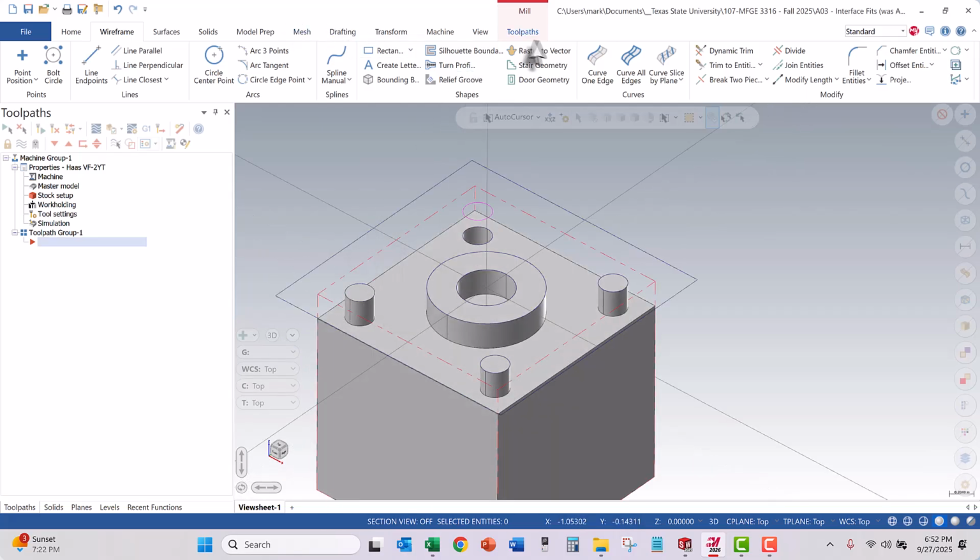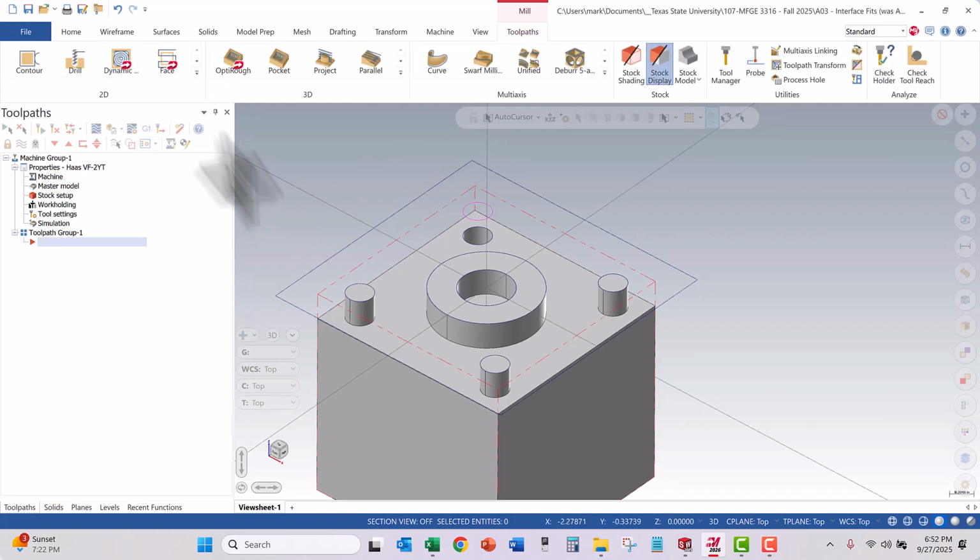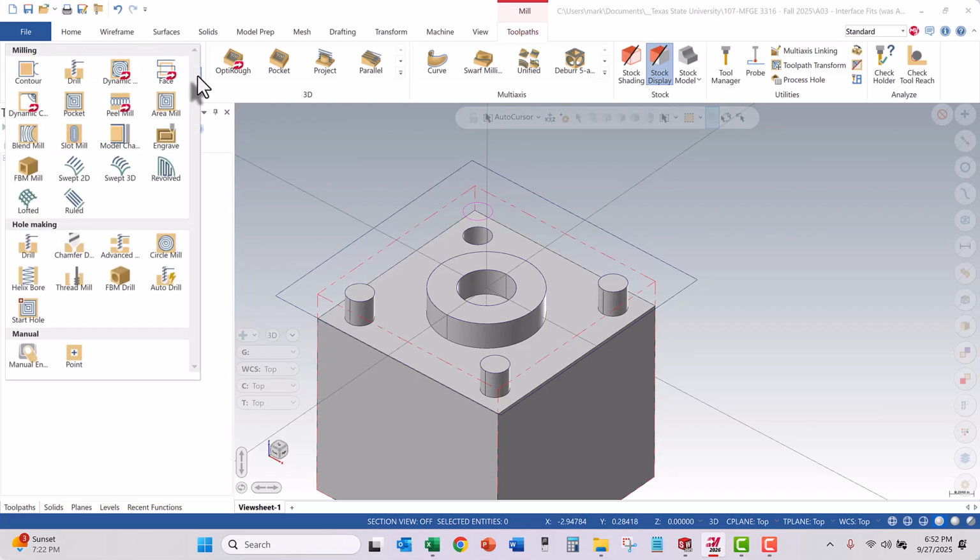So I'm going to come to toolpaths, and I've got 2D toolpaths and 3D toolpaths, multi-axis, got all kinds of options. We're going to start simple here. We're going to use the pull down here under 2D. We've got contours, drills, pockets, slot mills. We've got all these different options, and the best way to learn about these is just to try them and see what kind of toolpaths they make to expand your knowledge of using Mastercam. So since our first part, I'm going to do something simple, or I think it'll be simple anyway. I'll do a pocket,